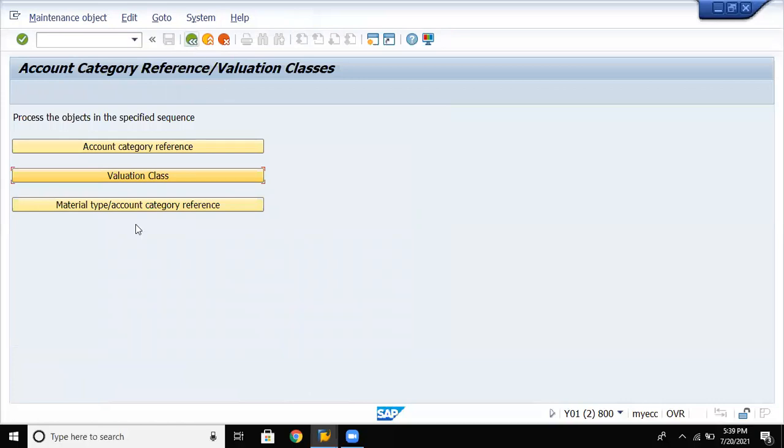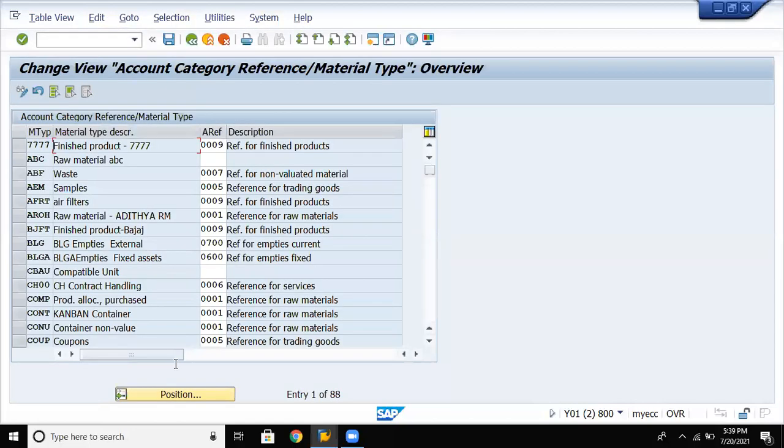Now material type or account category reference. So either you can go with the material type or account category reference. So we will go with material type. Click on material type account category.